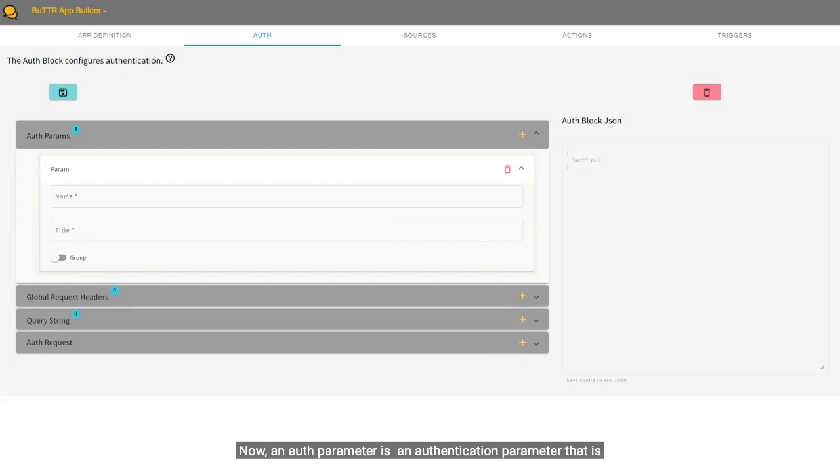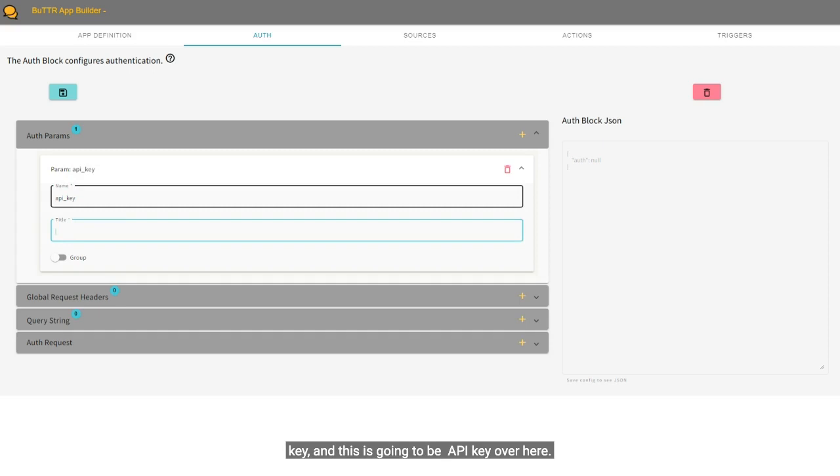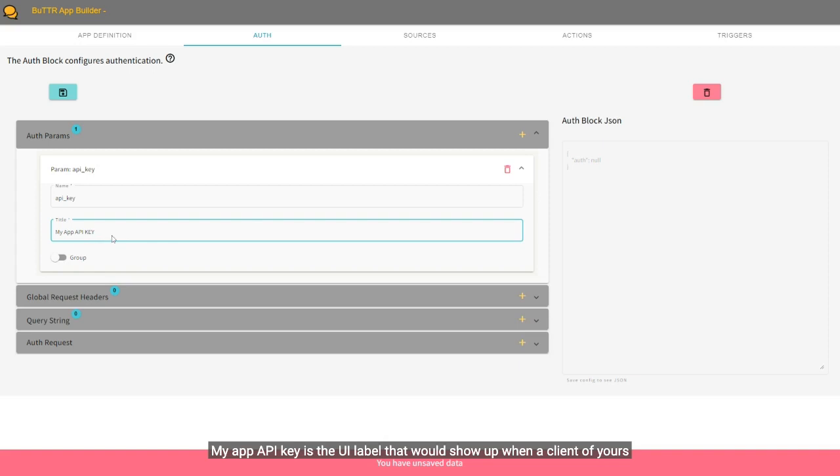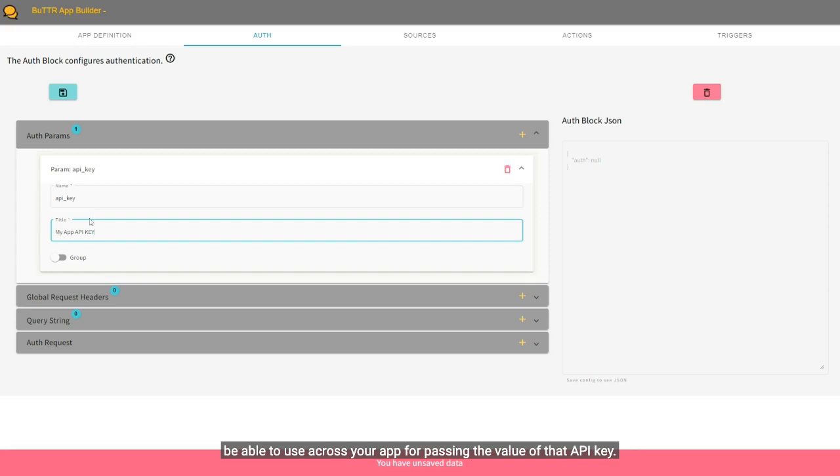Now, an auth parameter is an authentication parameter that is required by the API that your application is going to provide access to. So these would be things like any API keys that you need access to. Let's just say that I'm going to call it API_key, and this is going to be API key over here. My app API key is the UI label that will show up when a client of yours installs your app. And the API_key is the variable that you would be able to use across your app for passing the value